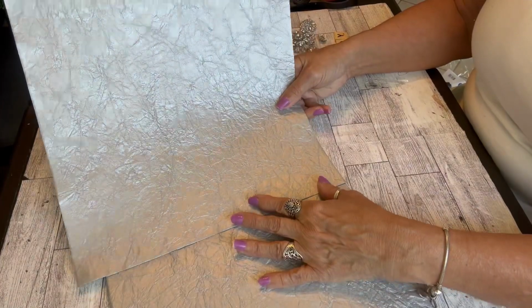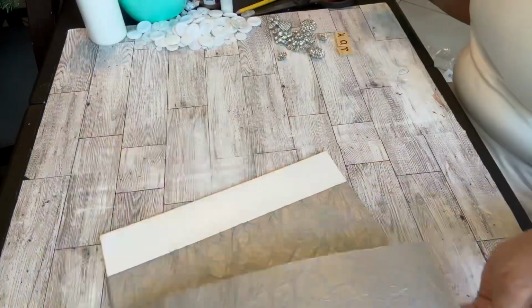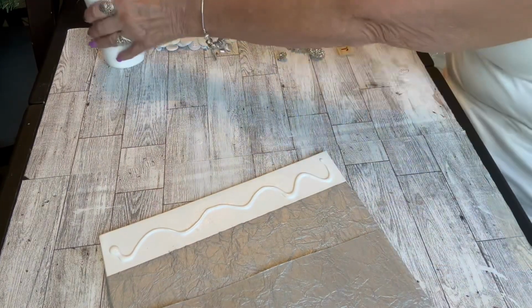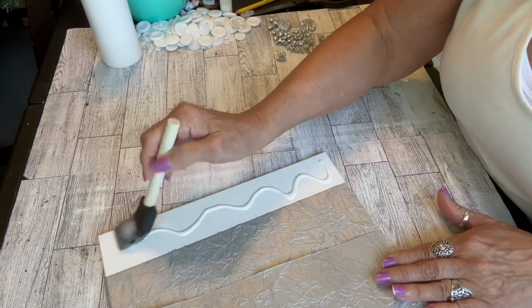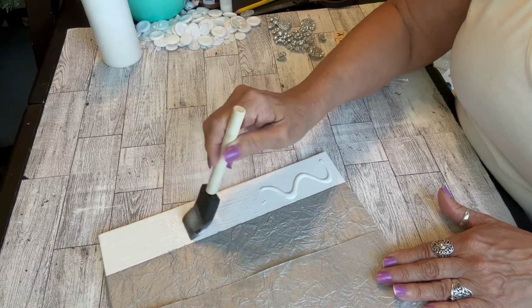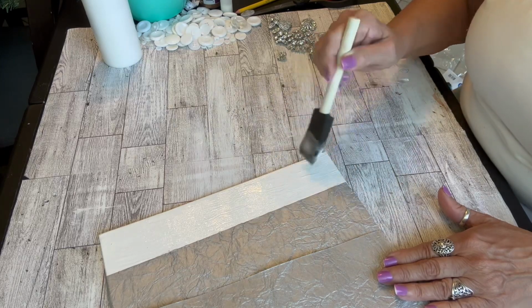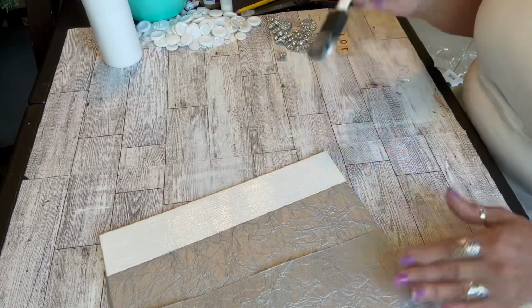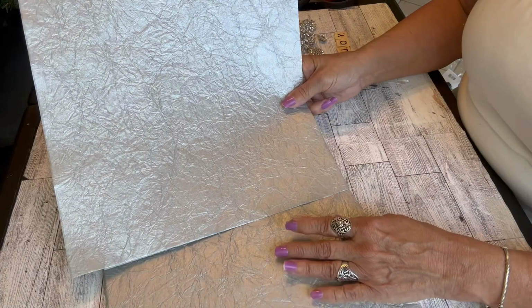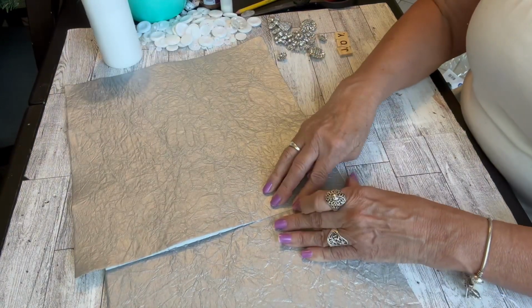Now I'm piecing together my scrapbook paper here, and I'm going to have to do this very carefully in order to try and conceal the seam. There's really no alternative here. If you want to make it a bigger piece, which I recommend because it's really quite stunning, as I mentioned in person. It's gorgeous, really. So I'm putting down a layer of Mod Podge, and now I am going to carefully place that scrapbook paper together